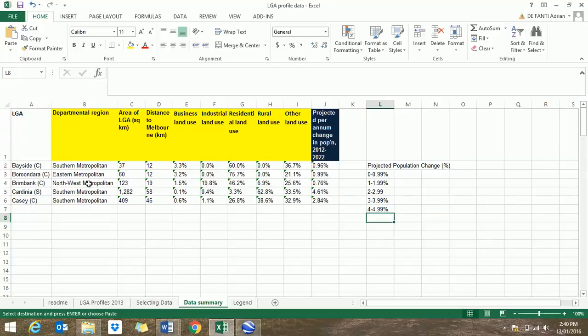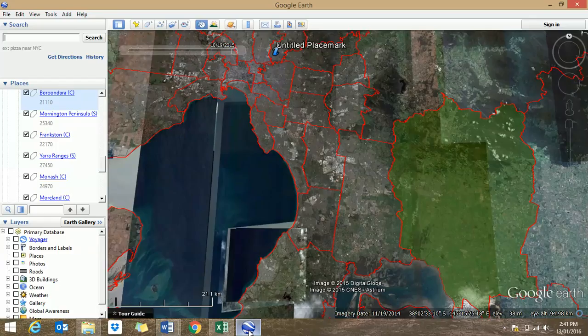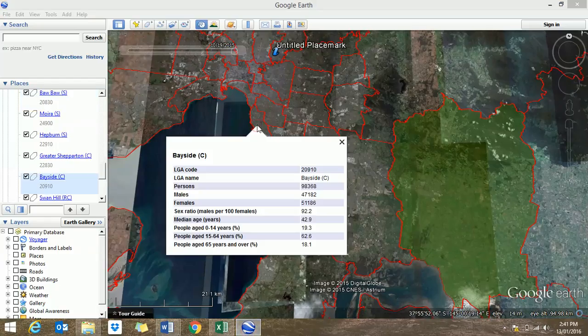So now we have to use this data to create a choropleth map. I'm going to, as my example, create one looking at the projected annual population change between 2012 and 2022. Now this is a fairly, maybe let's say very basic way to create a choropleth map. It's a little bit tedious, but it's probably a lot easier than some of the other methods. So all I'm going to do, Bayside has a projected population change of 0.96. I've put the population changes into 5 different classes. 0.96 is in the first class here, and if I go to Google Earth and I go to Bayside here,